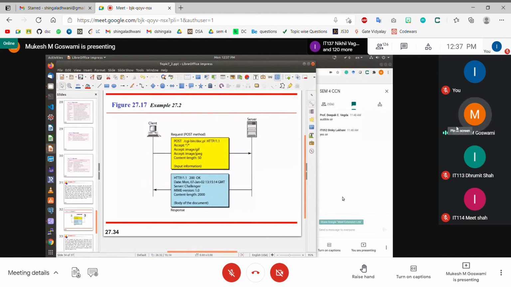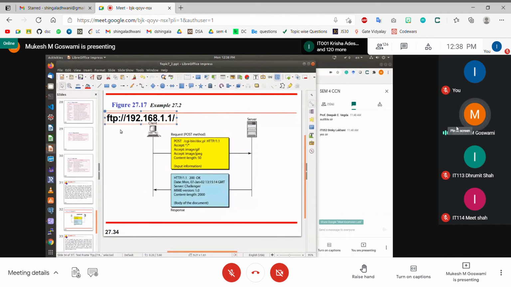Your browser can also serve FTP, right? So if you are trying to access FTP content through your web browser, instead of HTTP, you should write FTP. So what will you have to write there? You have to change the name of the protocol. In the browser itself you have to write it like this: FTP: and then the name of the server, 192.168.1.1/something. So you can type this in the browser also. So your browser is also capable of serving as an FTP client. So the browser is not only an HTTP client, the browser can also serve as an FTP client, right?